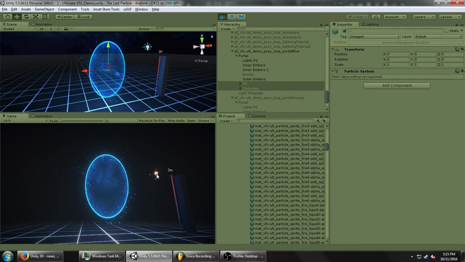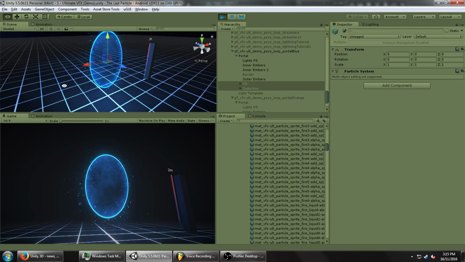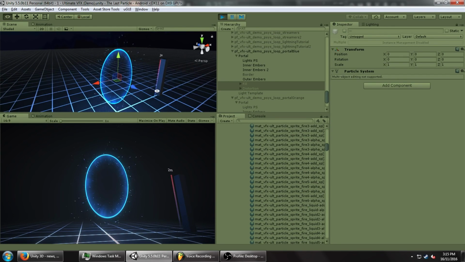Hey everyone, welcome to another Unity VFX particle tutorial, and this time we're going to be creating this cool portal effect that you see from the game Portal. And it's got a lot of cool elements to it. It's got the lights around the portal, it's got the particles going everywhere wild, and it's even got some fill and distortion, which you may or may not want enabled, depending on what you're going for